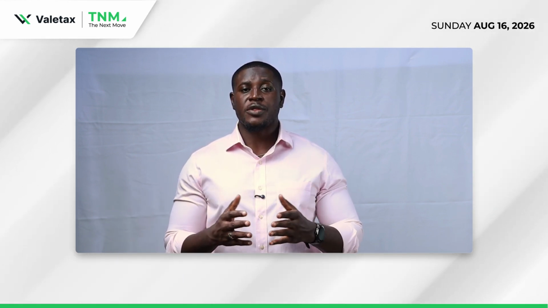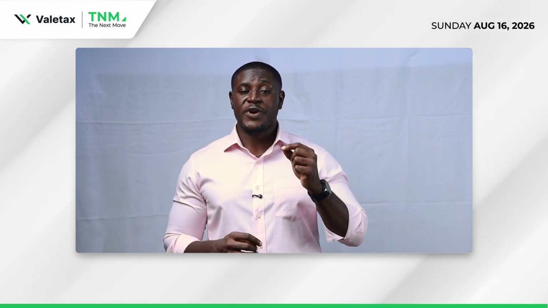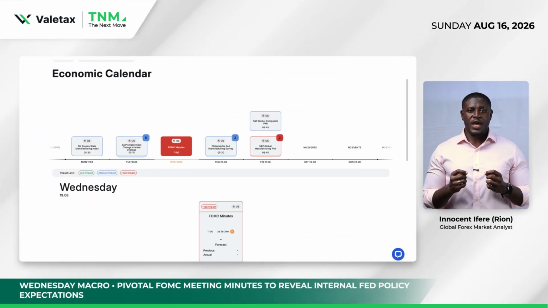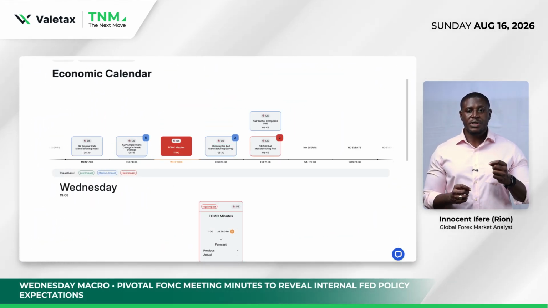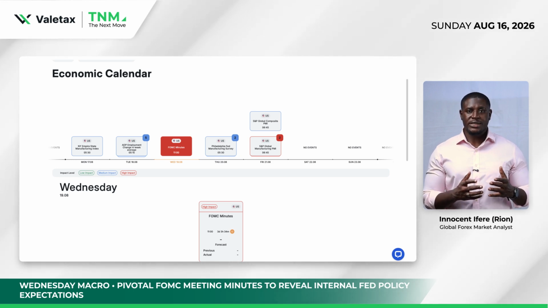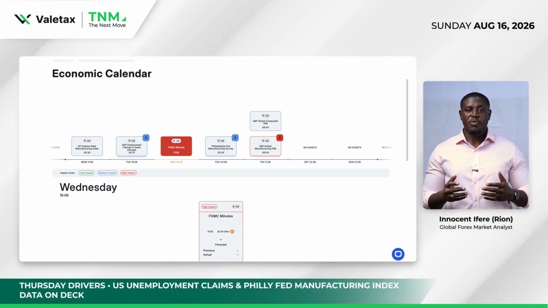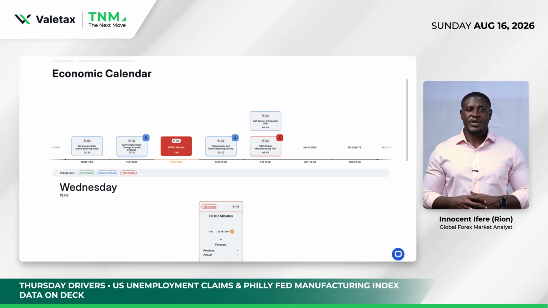And remember, charts are just a footprint of the market, and fundamentals play a major role in influencing the direction of the pairs being traded in the market. For this week, here are some high impact news to be paying attention to that could be affecting the XAUUSD and the USD in general. On Wednesday, we have the FOMC meeting minutes, which is very important to traders to understand the next direction and course for the Fed. And on Thursday, we have the unemployment claims and the Philly Fed manufacturing index. Those are the major macros to be paying attention to for this week on the XAUUSD.